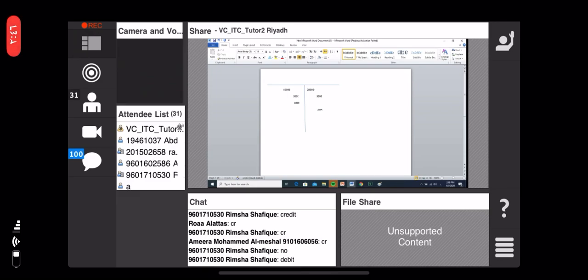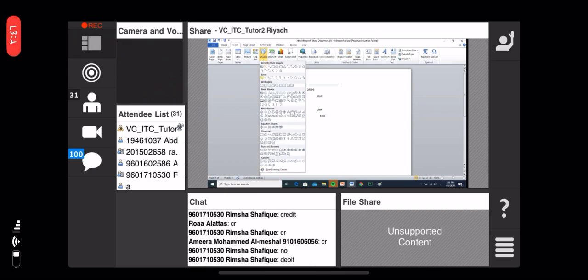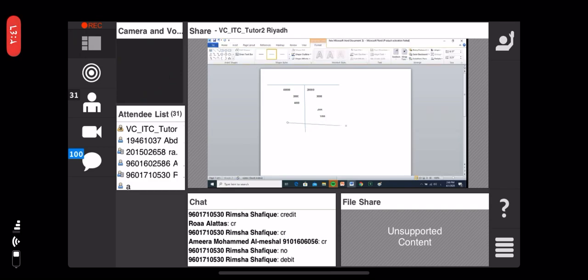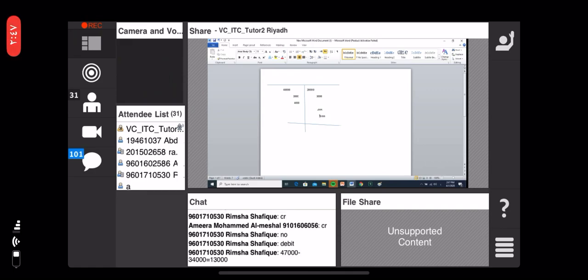After that, what we will do, calculate total amount in debit side and calculate total amount in credit side. We will calculate debit side and credit side in both sides. Okay, so in debit side, we have 40 plus 3 plus 7 plus 4. We have 47,000 in debit. And in credit, how much total amount? We have